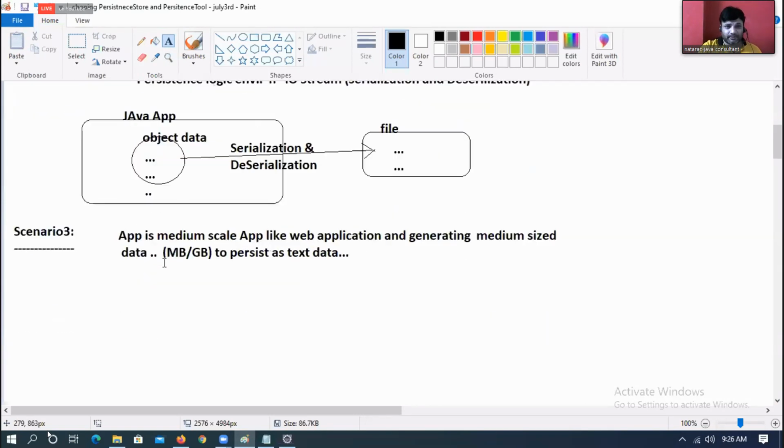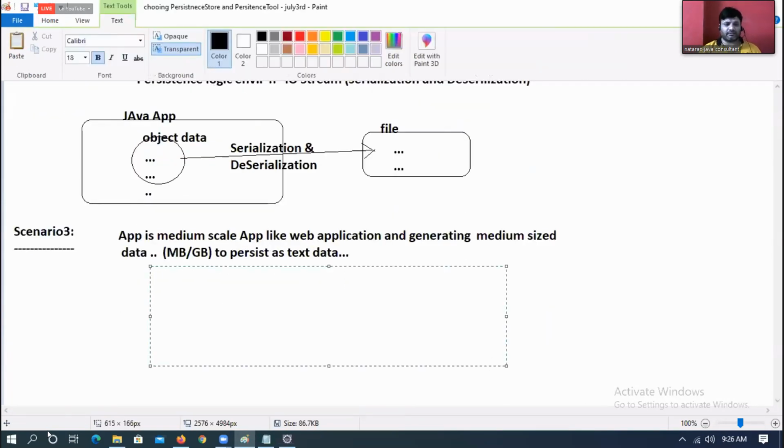Then what is the persistence store? Database software. And nowadays everyone is preferring RDBMS because it is medium scale data, so RDBMS database software.